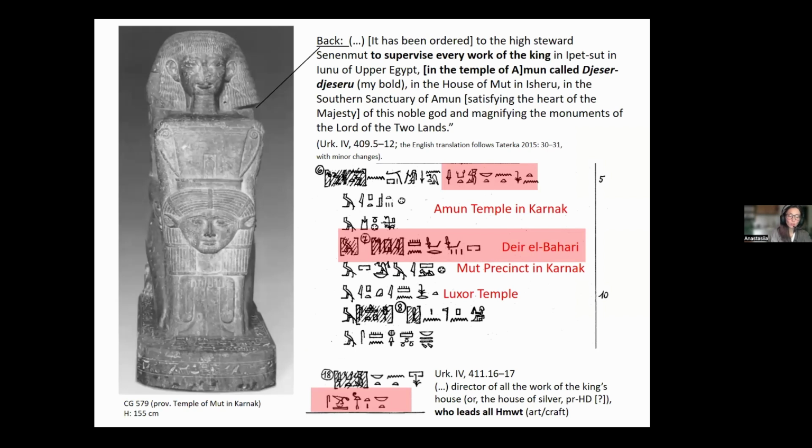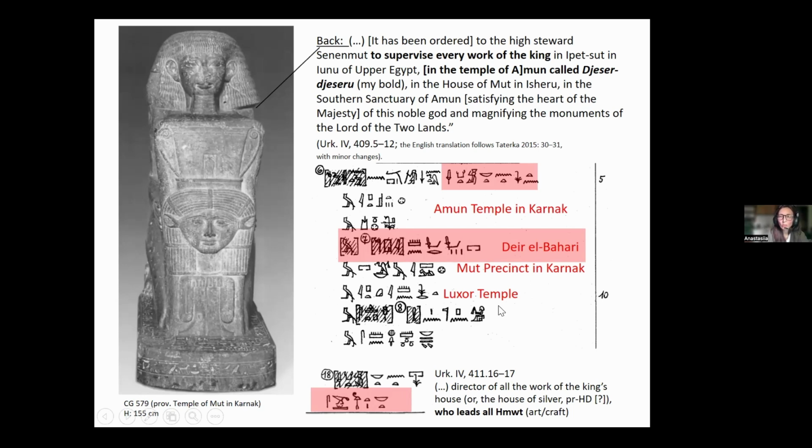This statue of him holding the Hathoric emblem, which is now in Cairo, is in fact the only source of his own claim to participate in Hatshepsut's building projects. And I should mention that we have as many as 25 of his statues, plus one lately identified as belonging to Senenmut by Campbell Price. So in this statue, he says that he was the director, supervisor of all the king's works in Karnak Temple, in Luxor Temple,